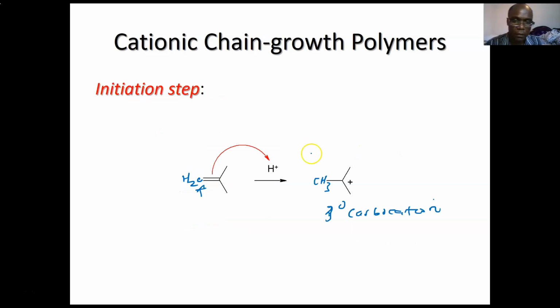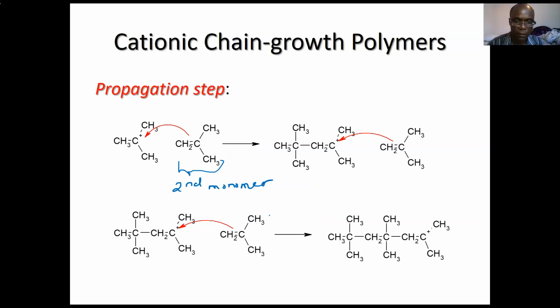Goes here. This is your first monomer. Okay, so the second monomer comes in, and it's of the same type. So really, we are still under addition polymers, because addition or chain growth polymers are composed of the same monomer. So now the second monomer will be used as a nucleophile to attack